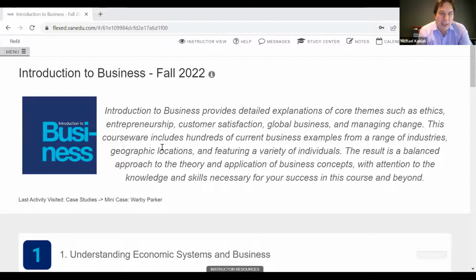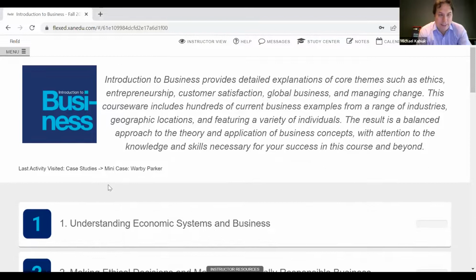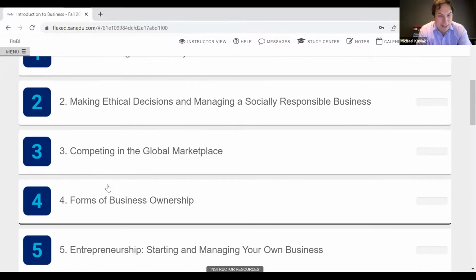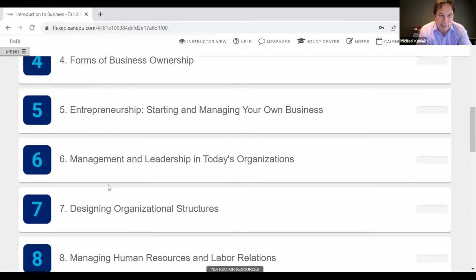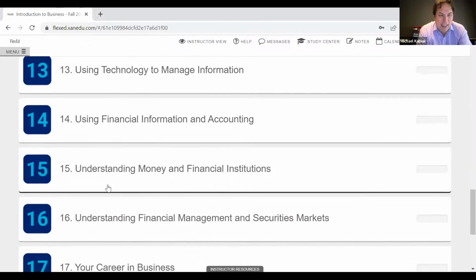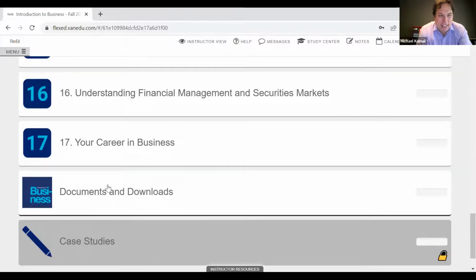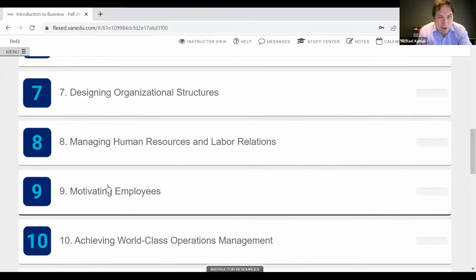And a few things to say there. We've tried our best to make the interface quite simple and user-friendly. So you'll see a large font, easy to navigate, aligns fully with the textbook. As we scroll down here, you'll see all 17 of the chapters, just like the table of contents from the textbook. And then at the very bottom, a quick section for documents and downloads where you could access things like the full textbook or study guides and other materials as PDFs. So everything is in that order.